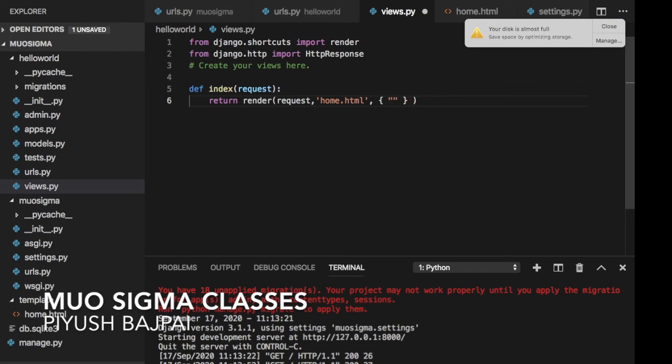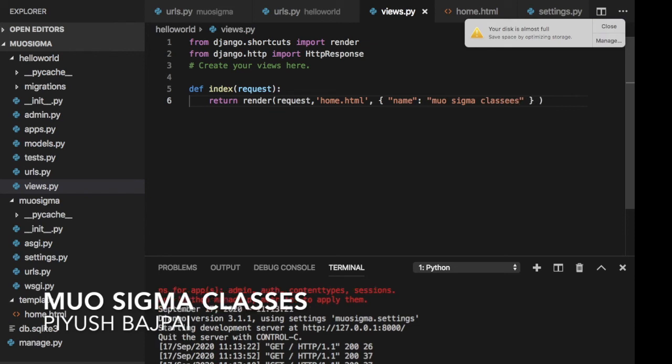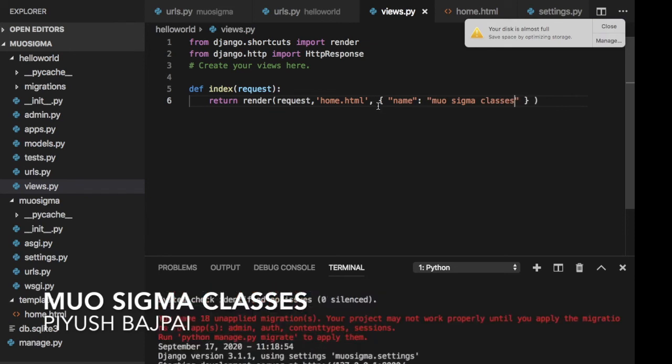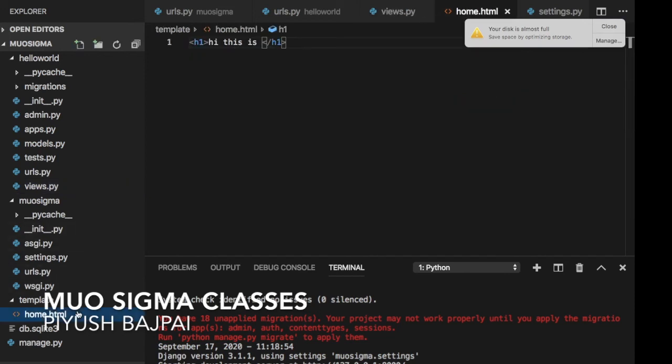So let's say we have the parameter called name, and we have Mu Sigma classes. This is our name, and we need to access this name inside this home.html. So how can we access this name? Using these two curly braces, you can access that name value.